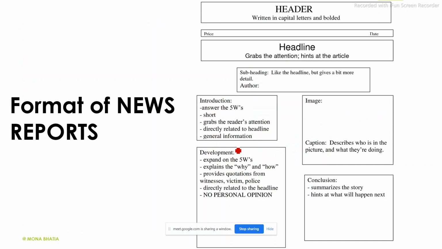Now what we'll do, we'll write the body of the news story. In the middle part, the main point is elaborated in a very logical order, so that a continuous thread runs. It should not be in pieces. There should be continuity, the continuous thread that holds the story together through the various paragraphs of the report. So connectives are very important. That is why we teach you language. Connectives should also come, so that you can connect from the first paragraph to the third paragraph.